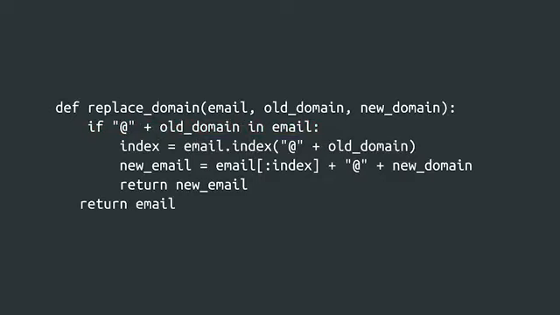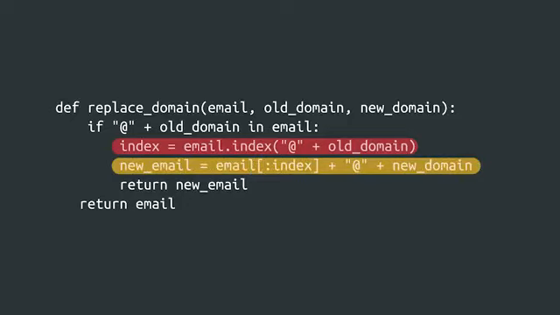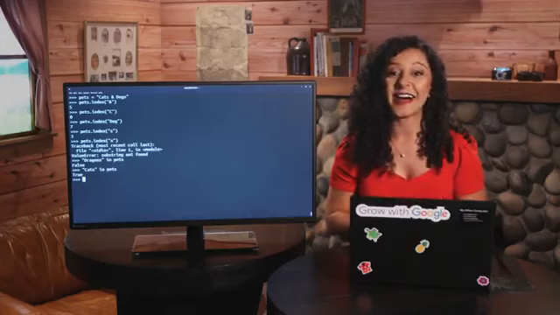If the condition is true, the email address needs to be updated. To do that, we first find out the index where the old domain, including the @ sign, starts. We know that this index will be a valid number because we've already checked that the substring was present. So, using this index, we create the new email. This is a string that contains the first portion of the old email up until the index we had calculated, followed by the @ sign and the new domain. Finally, we return this new email. If the email didn't contain the old domain, then we can just return it, which is what we do in the last line. Wow, that was a really complex function with a lot of new things in it,